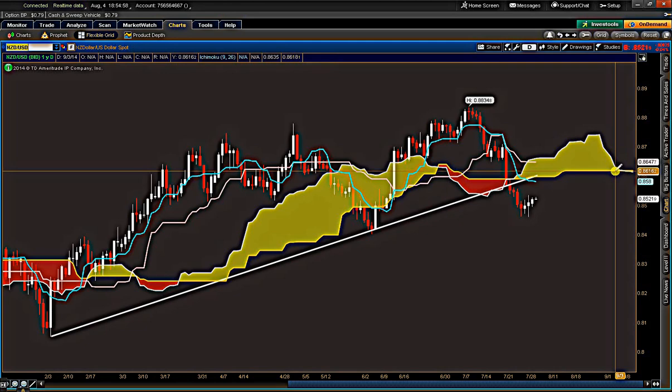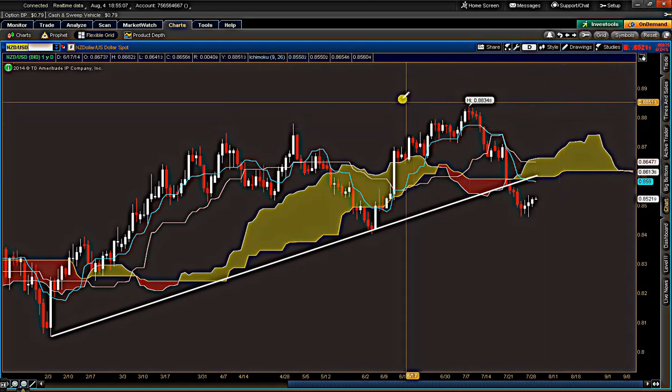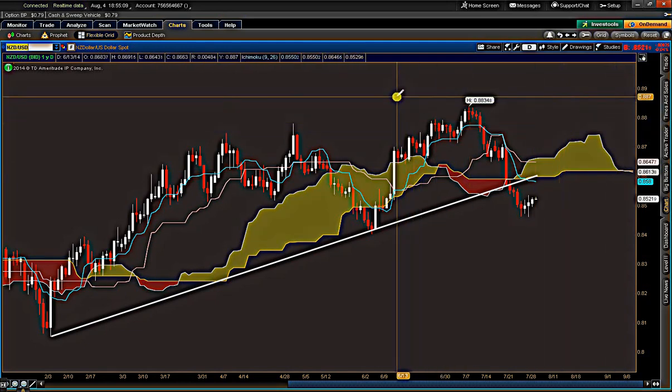So you should have Kiwi dollar on your radar. Also, you should have Singapore dollar on your radar for possible shorts too, because I do like the price breaks below that weekly trend line. That's it for today with the Ichimoku. There's just not a lot of great setups right now, but I'm pretty sure something will shape up later on this week, which I would do a video maybe Wednesday or Thursday